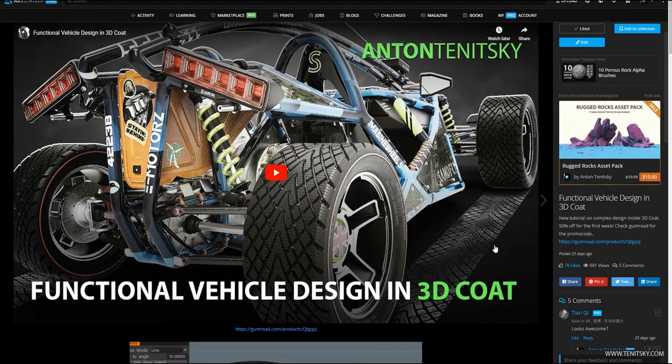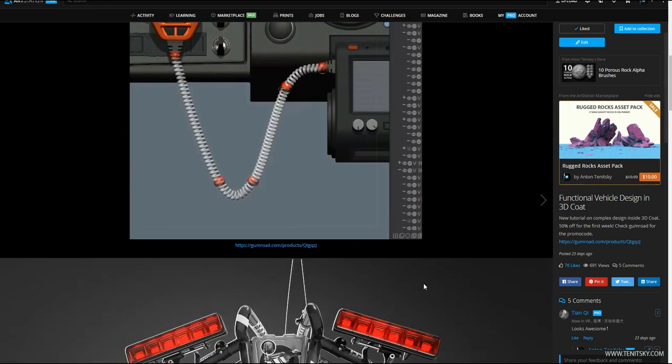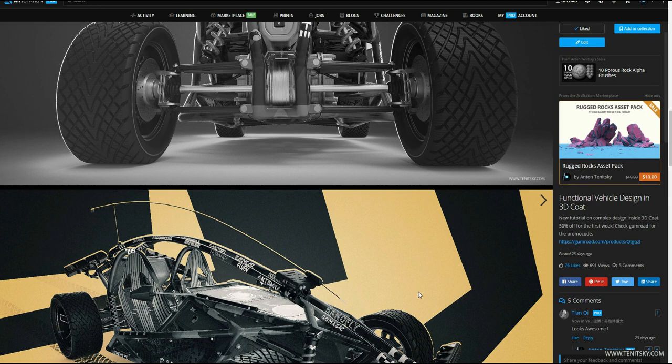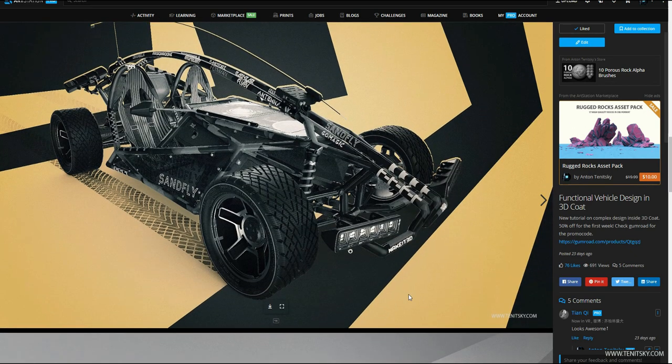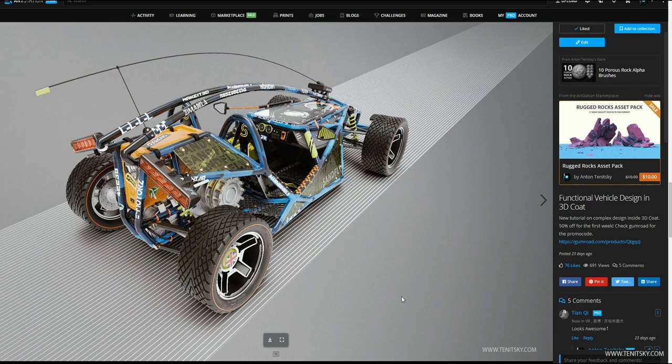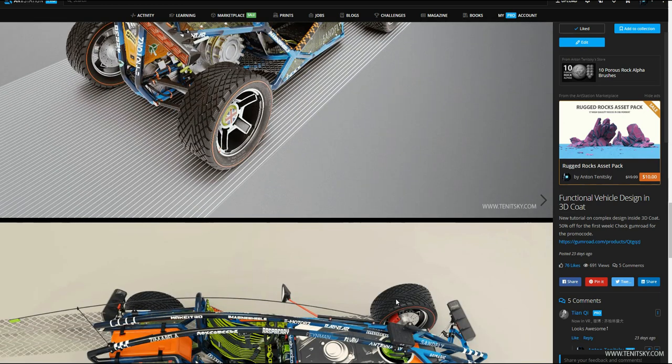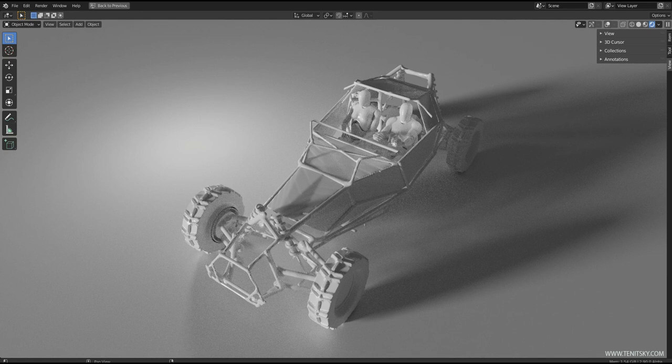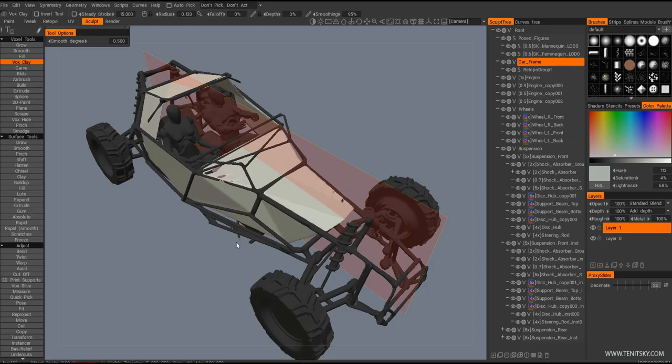Before I decided to make the full functional vehicle design, it's really code. I did a test tutorial where I created the whole sketch. I was looking for ways to create stuff pretty fast that would still look mechanically correct. So this is a pretty quick intro to Blender, and if you're a somewhat experienced Blender user, you don't really need